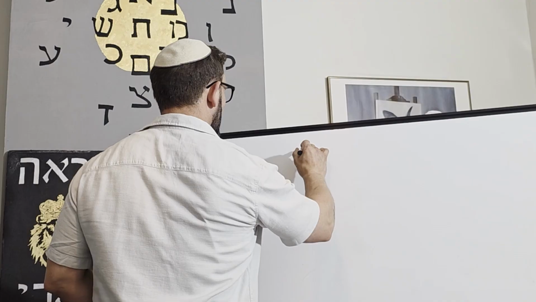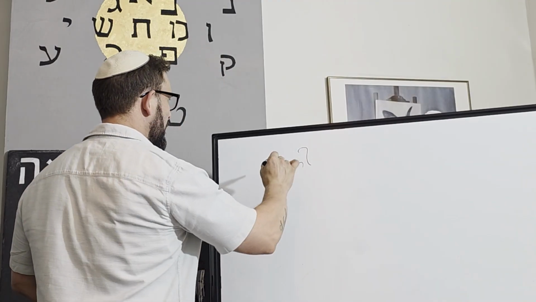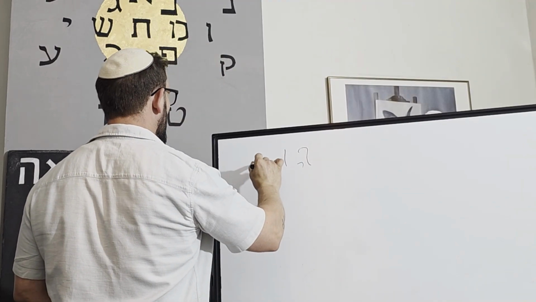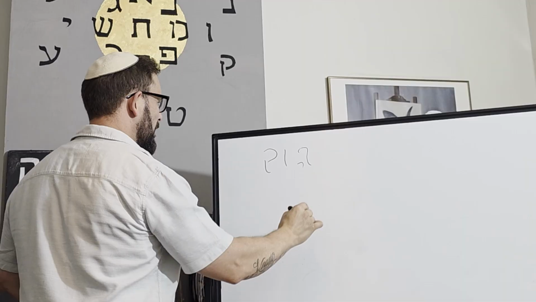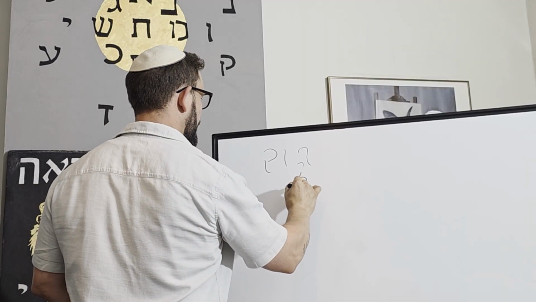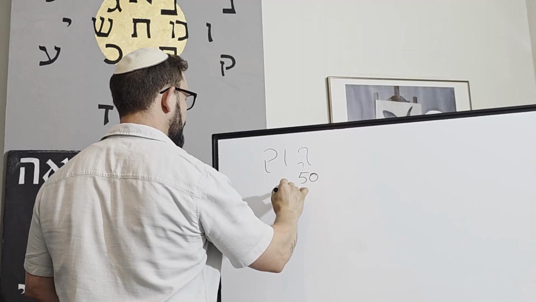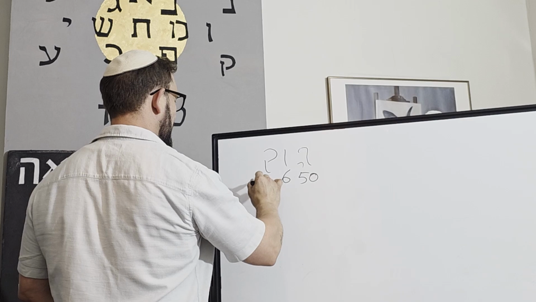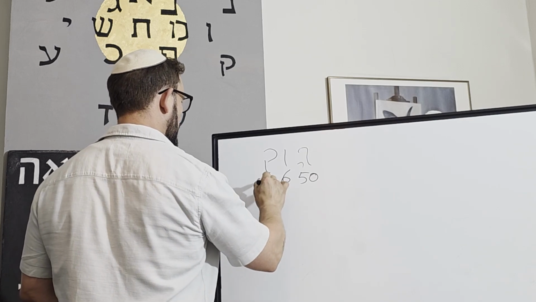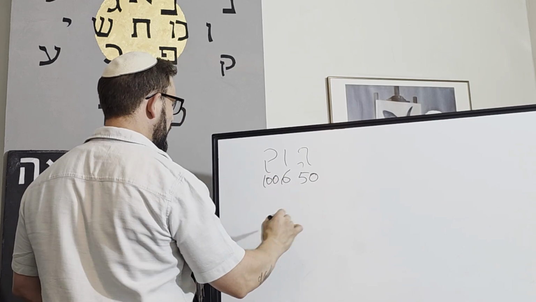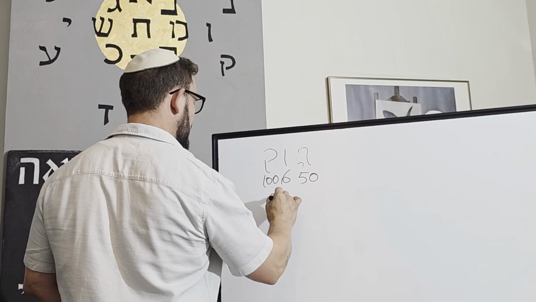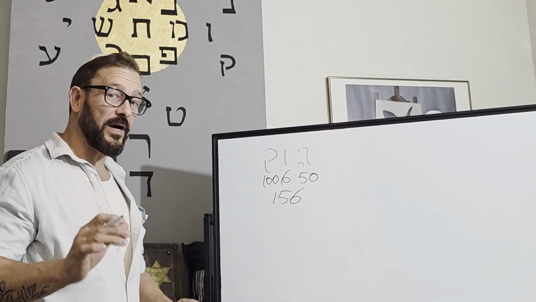And if we take Nun, Vav, Kuf, this is a 50, this is a 6, and this is 100. So it makes a total of 156, which is the value of